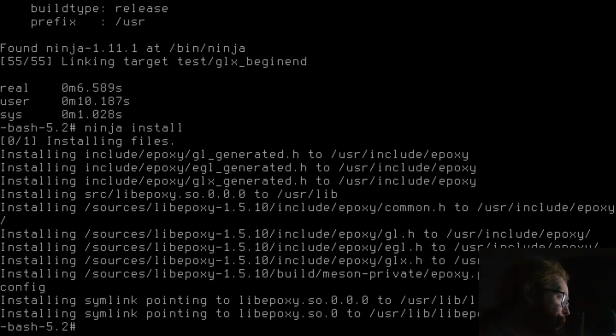For Pango, I need fontconfig, FreeType, FriBidi, and glib2. For FreeType, it's using HarfBuzz. HarfBuzz, what do you need?